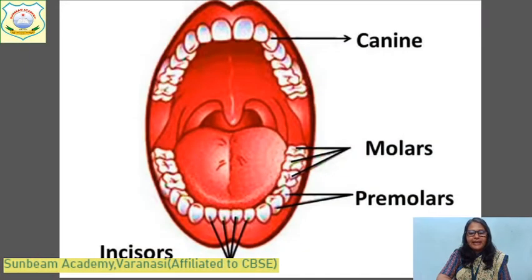What we have learned today? We have learned to make, again I am going to show you, what type of teeth you will make. These 4 type of teeth: canines, molars, premolars and incisors. Okay, one by one you will make and put a little Fevicol or gum there. Very little, and then paste the tooth and wait for few seconds only, it will stick there. Now you can see here.